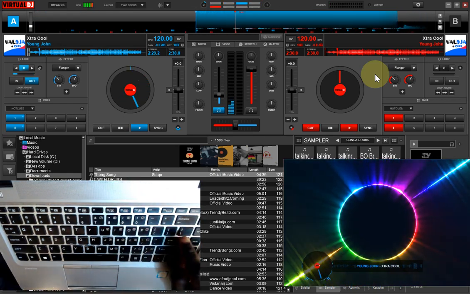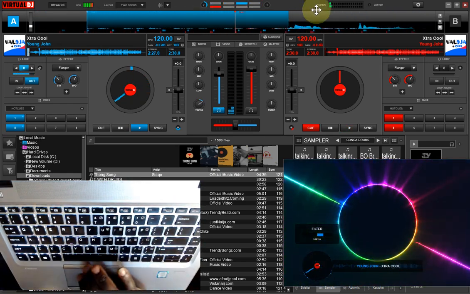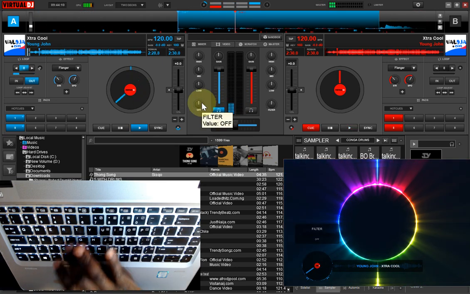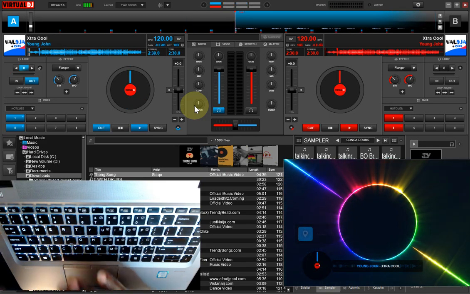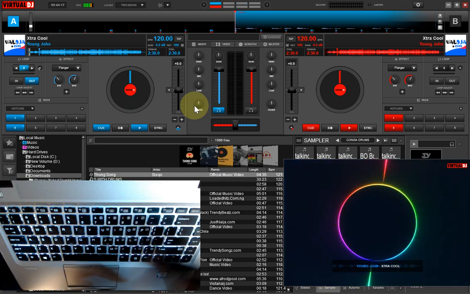So we also have our cut here. You can see it's filtered down. You have your F, which is full. Then when you go further, what else again? You have your